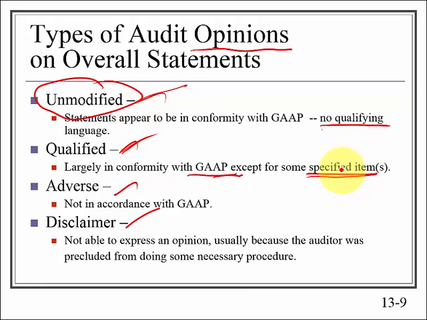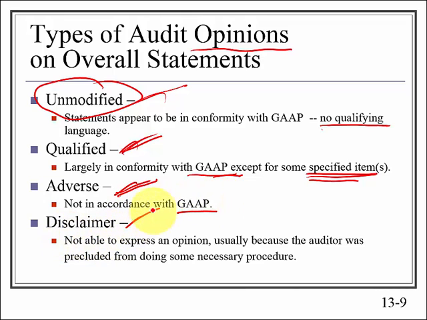An example would be, let's say there's a certain asset that we cannot determine the impairment for whatever reason, and it's not immaterial, not minor, yeah? So we would specify exactly in our opinion what it is that we cannot agree to. But otherwise, the financial statements are fairly presenting what's happening. Now, what you don't want to see is an adverse opinion. And basically, it's saying that something is not going according to accounting rules. Maybe the revenue recognition or expenditures are not being reported properly.